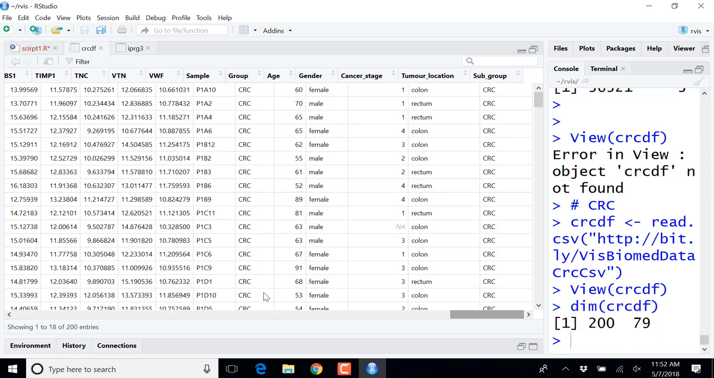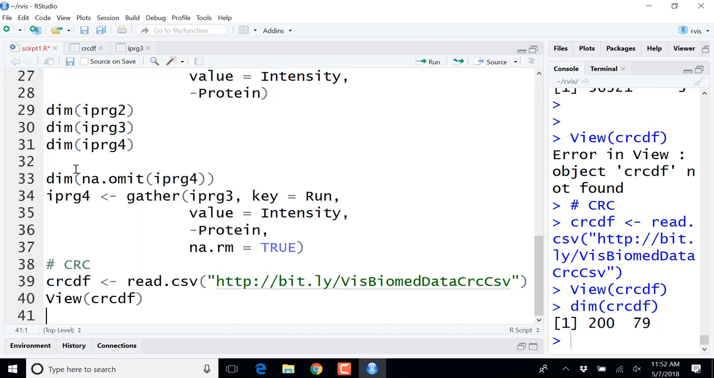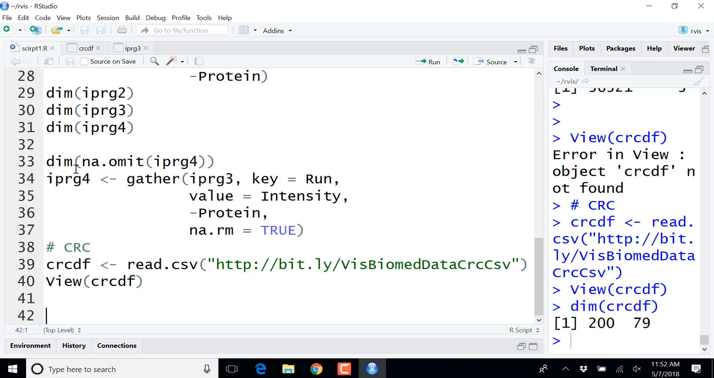So what I would like to do now with this data set is to introduce a new data structure. And that's a specialized data structure for quantitative data. To understand this data structure, we'll start with the wide format,